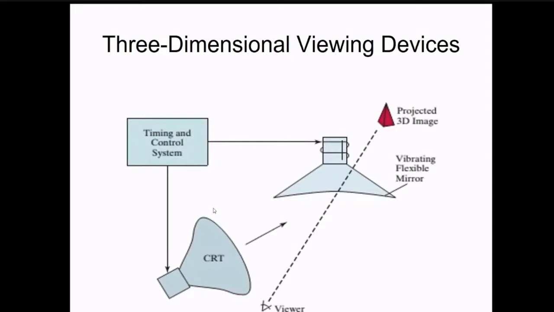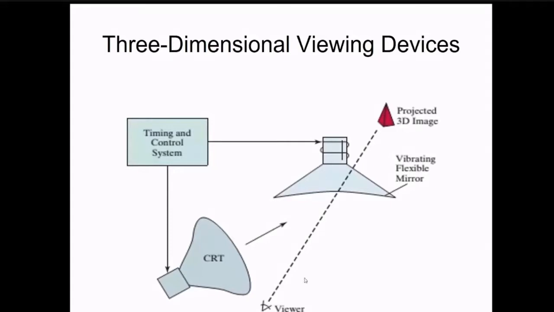Okay. So now the next thing that we have is the three-dimensional viewing devices. So what you generally see in the movies or in the theater is basically based on your eyes position, you are able to see the depth of an image or of a movie. That is a fundamental of creating an illusion to your eyes. It is not at all 3D in general, but based on the viewing direction, they are creating an illusion so that you will be able to see the depth of the image.